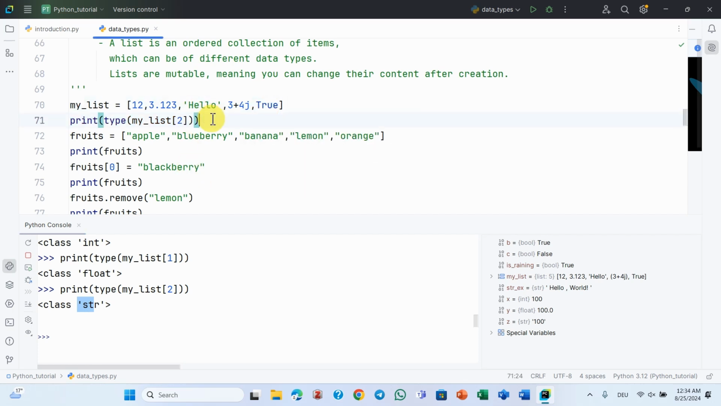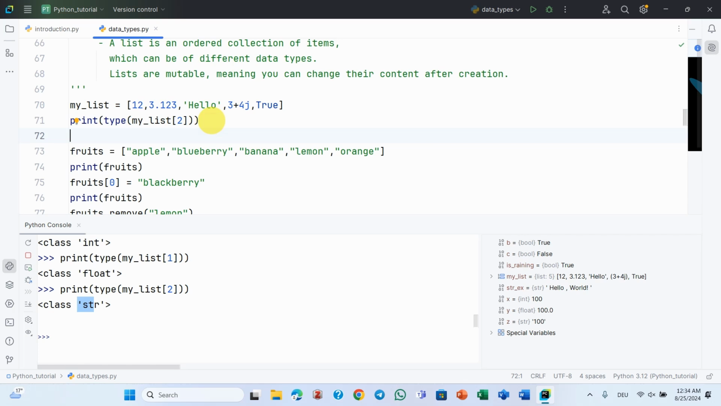So the point is we can use different data types in a list, and that is just a list of some items, or a collection of items. That's a list. The next point we should discuss is that lists are mutable, which